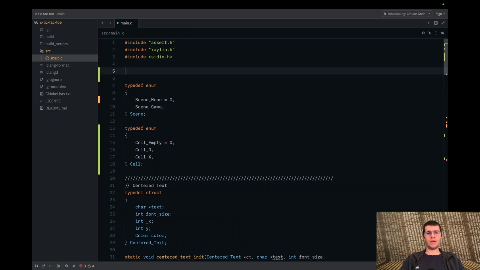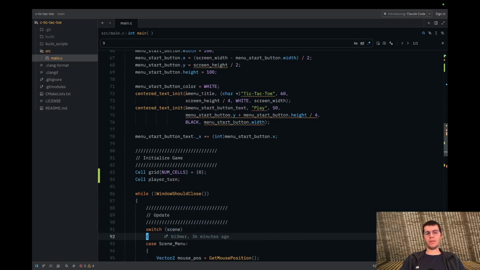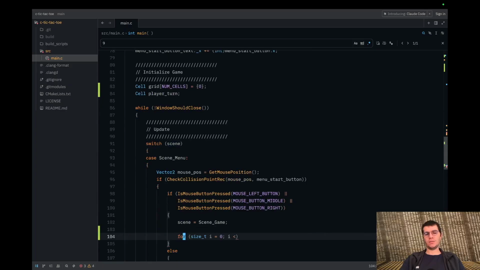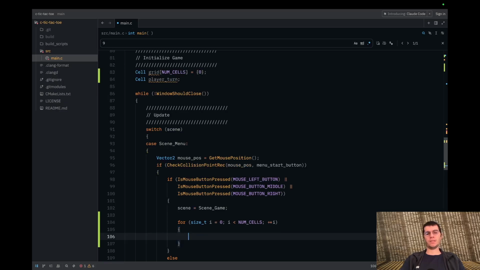At the very top, hashtag define, NUM_CELLS is equal to 9. Then I can find 9. NUM_CELLS, that replaces it, and then we can use that right here, NUM_CELLS, this i plus plus, and then we can say grid i is equal to